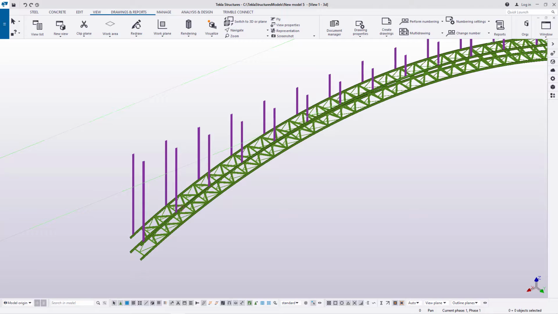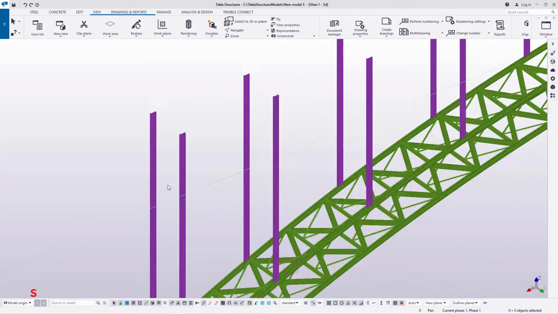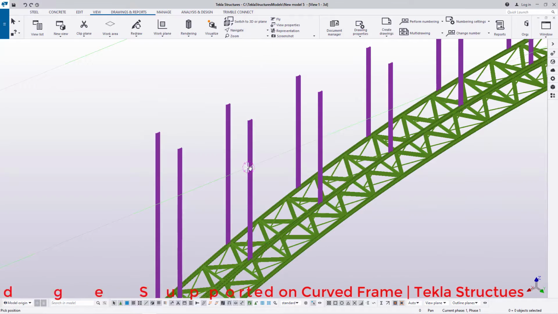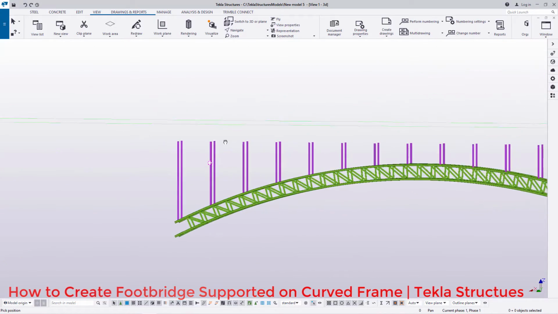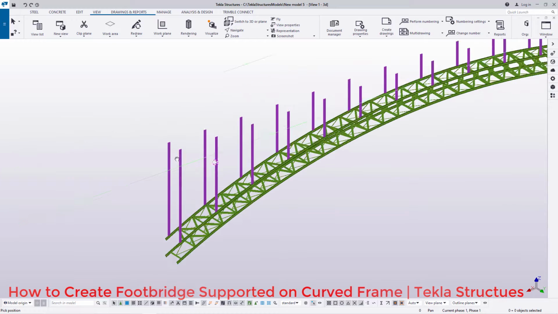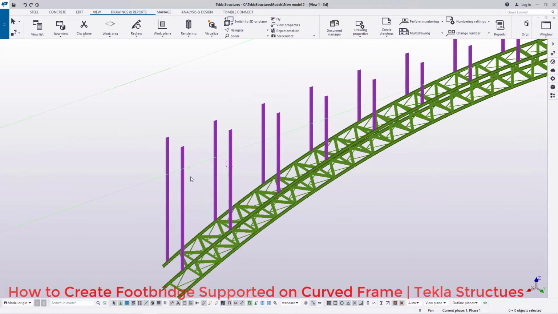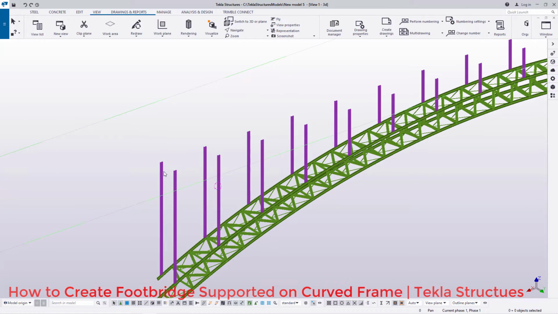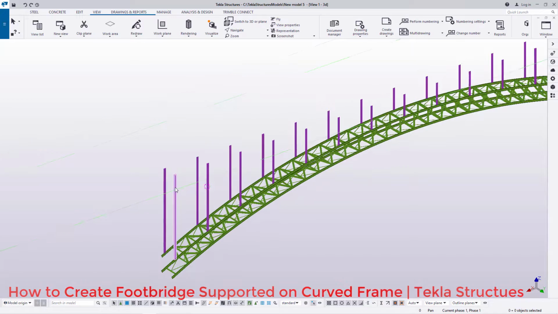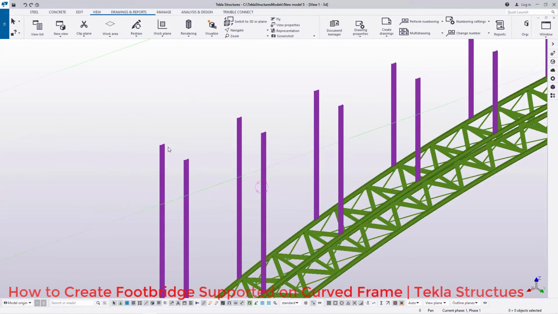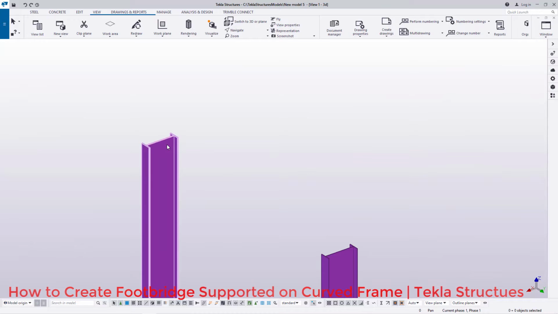If you take a look on the screen here, you can see our previous work. Today, if I zoom close, you can see columns arranged along the profile of these curved frames. And today we want to brace up these columns and place the pedestrian walkway on top of these columns. Now let me bring them close and start first of all by placing the beams